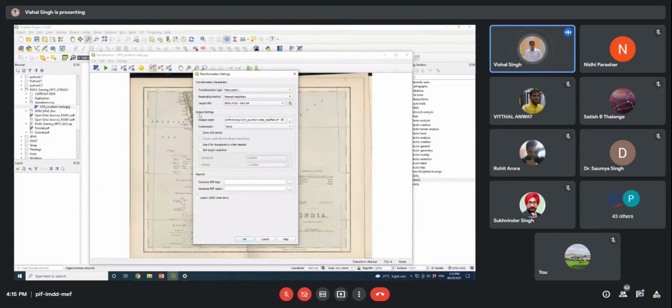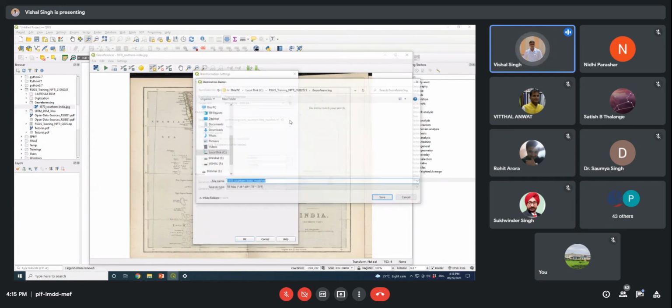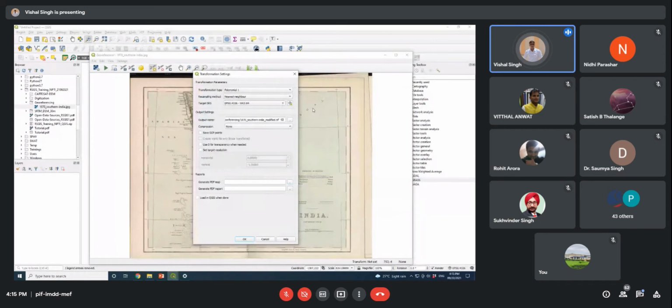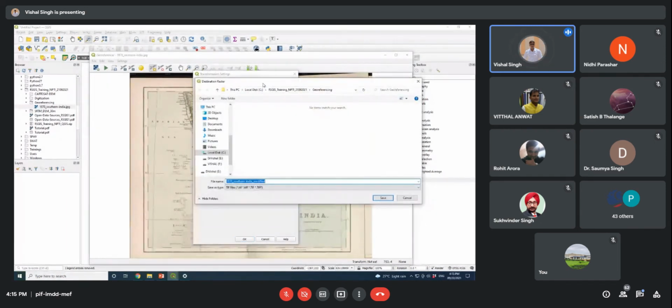Then the second option is the output settings. In the output settings, you need to save the georeferenced map. Here you can browse and save your modified or projected map in the geographic coordinate system, because we will use this map for further processing.